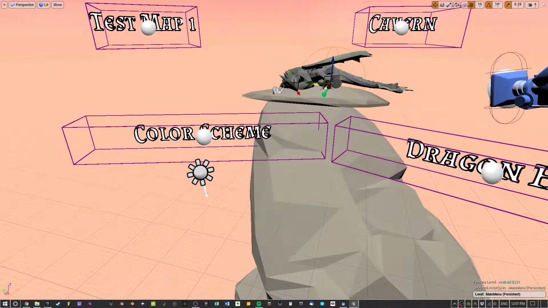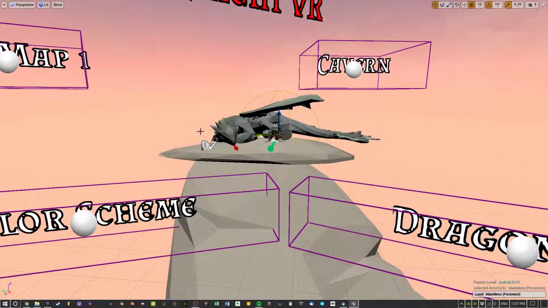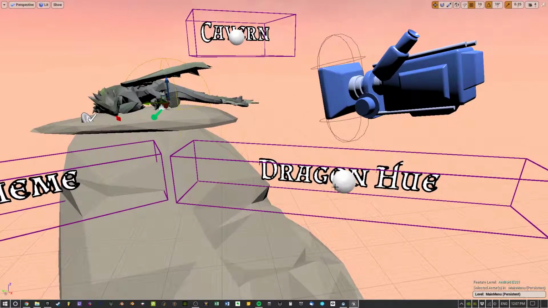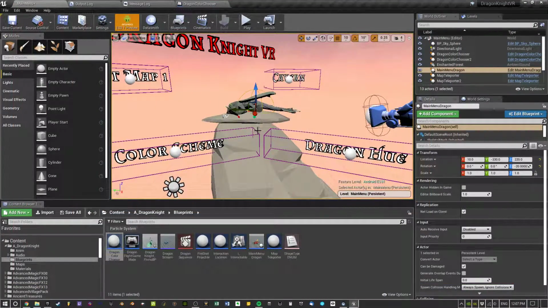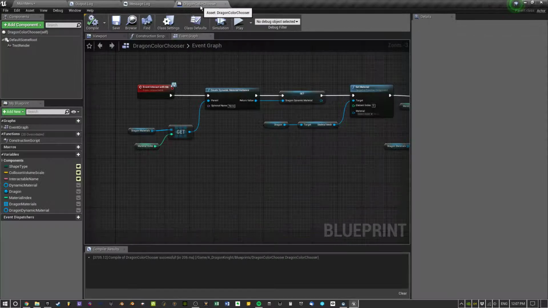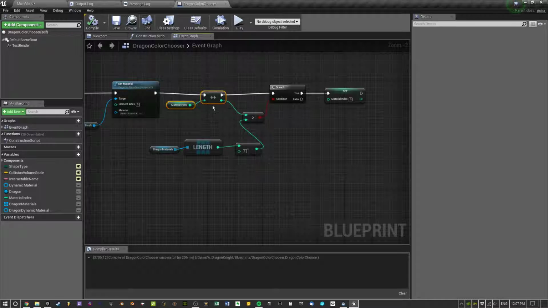But so you'll be able to choose this color, and actually a color scheme. So different things will have the color affected, and you will be able to change the hue. So effectively the colors and the color scheme. That might sound confusing, I know, but I'm gonna test this on little kids and make sure they understand it,